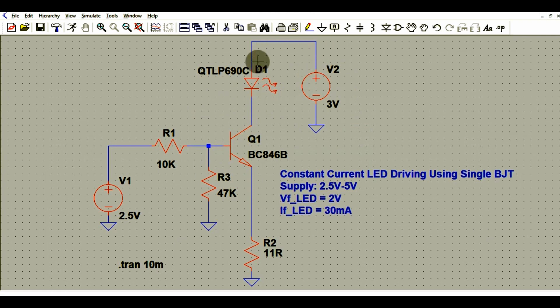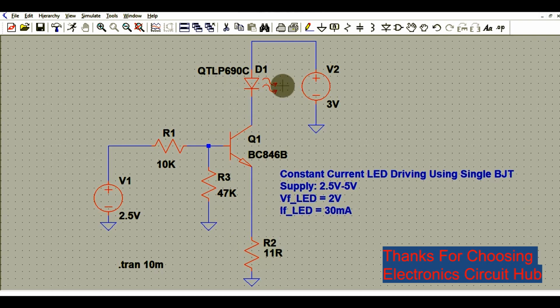Then you have this LED, then transistor Q1, then the emitter resistance. So this is basically an emitter follower circuit. As you can see, you have supply, then you have some load here, and to tune the load you have some resistance value here. This is an emitter follower which limits the current, and at the base of this transistor Q1 you have a 2.5 volt power supply.